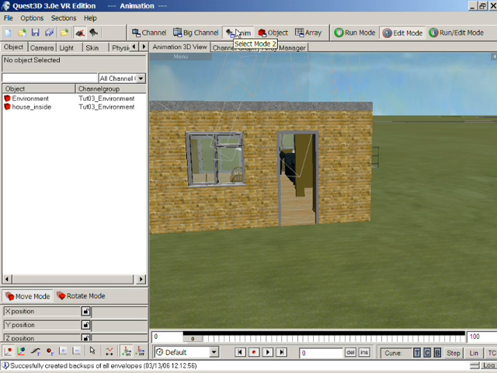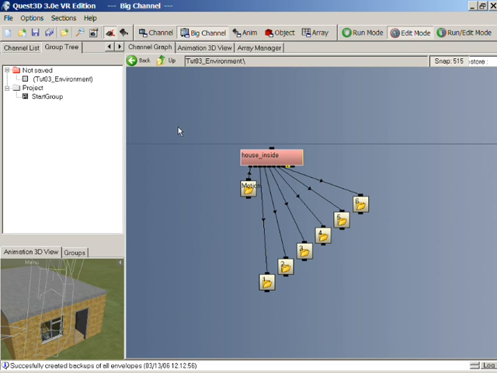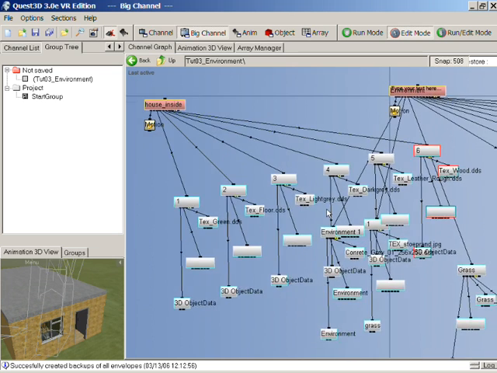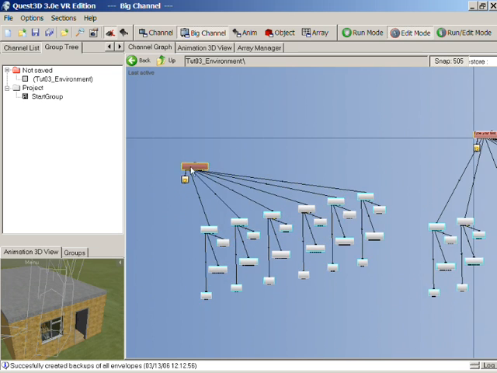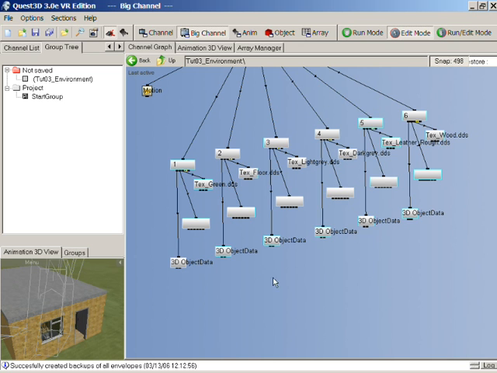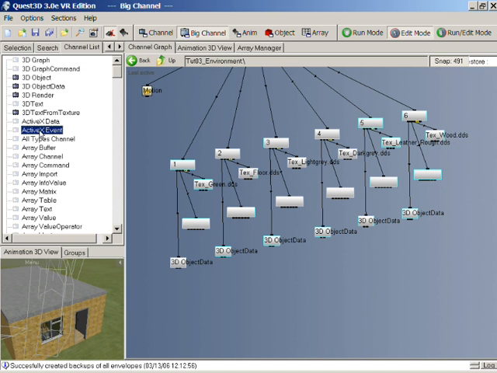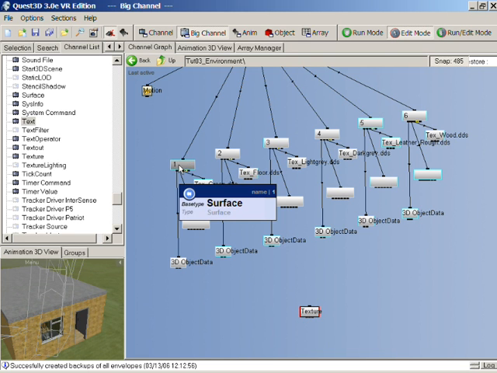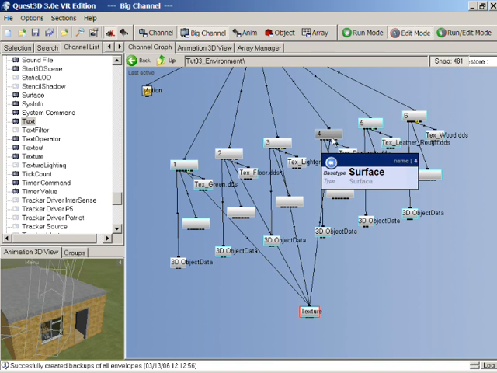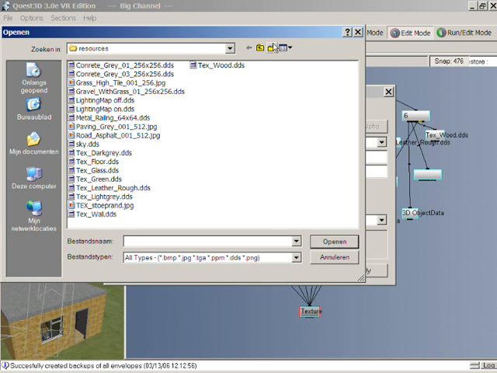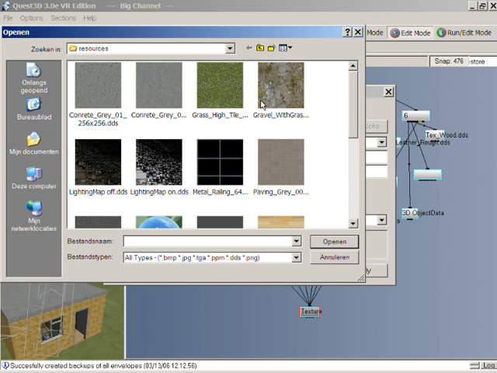So let's start by going to the channel section and unpacking all of the surfaces. So now that we've unpacked all of the surfaces, let's just move it over here and give it a bit more space. We now need to apply our light map, and we're going to apply our light map to the second texture stage of all of these surfaces. So what we need to do first is get a texture channel. So again, I'm just going to my channel list and getting a texture channel from here. I'm now going to select this, and whilst holding L, click on all of these surfaces, and you can see links have been created to all of them. We can now double click the texture and come in here and look for our light map. I'm just going to look at thumbnails so that we can